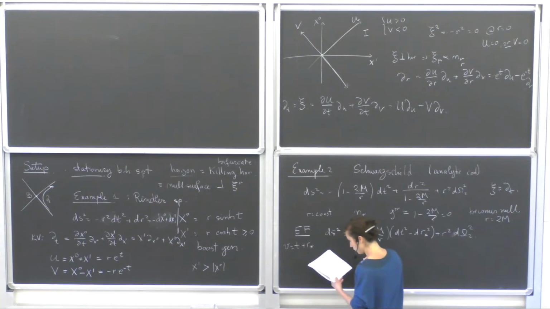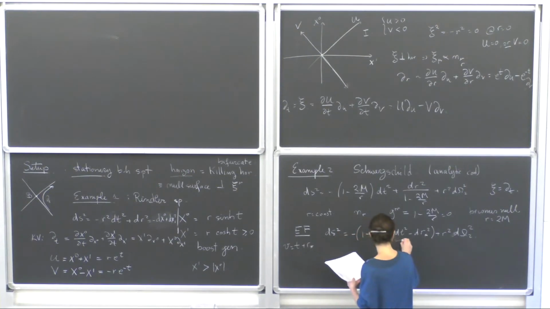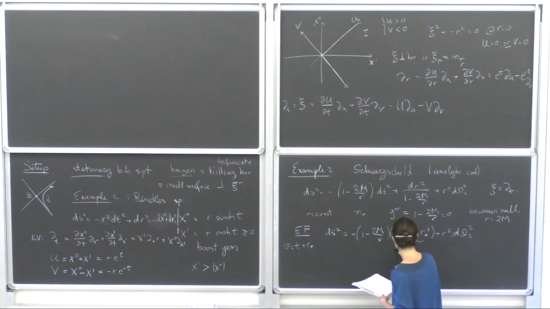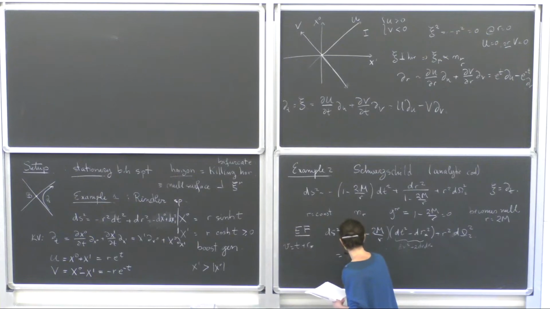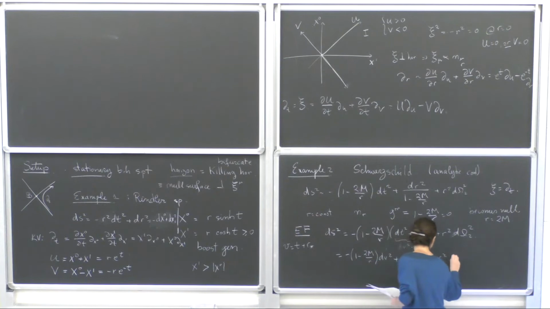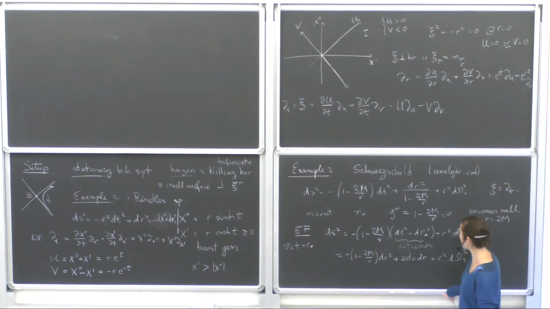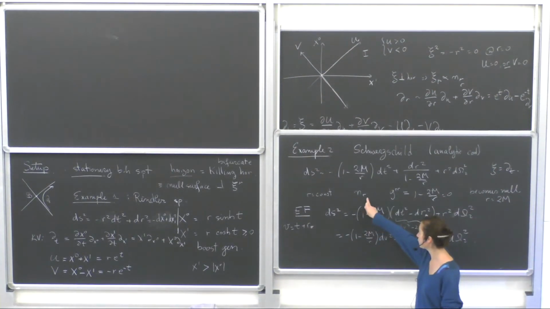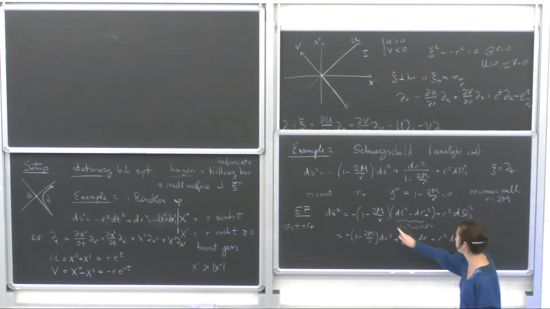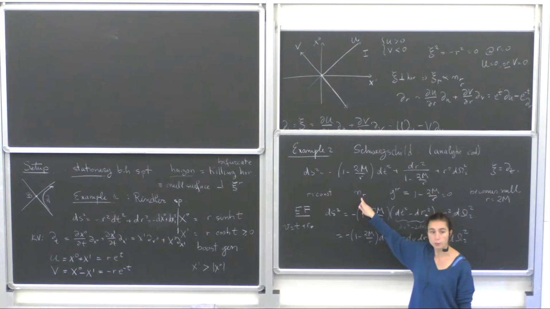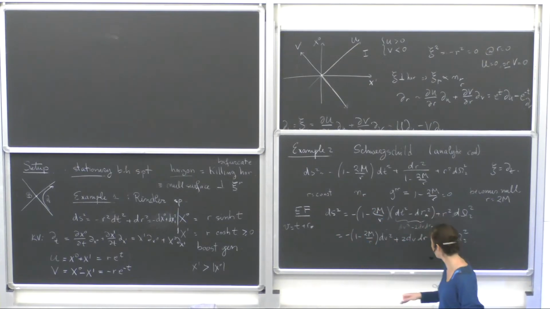And in this coordinate system, what I'm getting is dv squared minus 2 dv dr star, something like that. So I'm getting minus 1 minus 2m over r dv squared plus 2 dv dr plus r squared d omega 2 squared. Good. So now, if you look at the normal in these coordinates, it's still true that it only has a lower r component, because it's the r equal to constant surface. But if I raise the index,